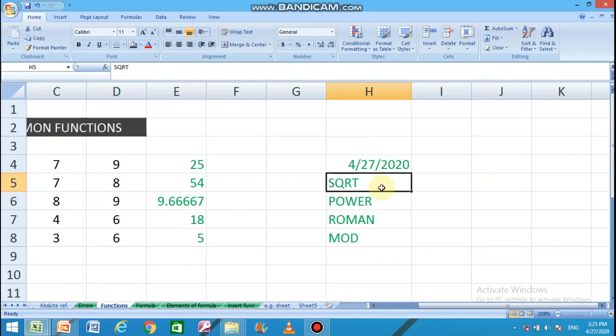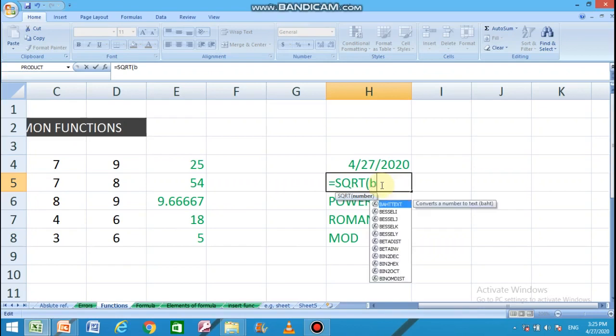Next function is sqrt. This function is used for finding out the square root value of its argument. It takes only one argument, that could be a cell address or any number.